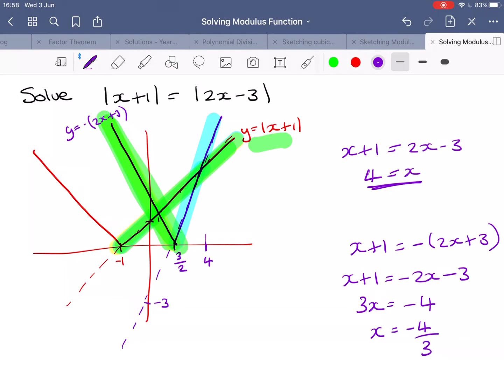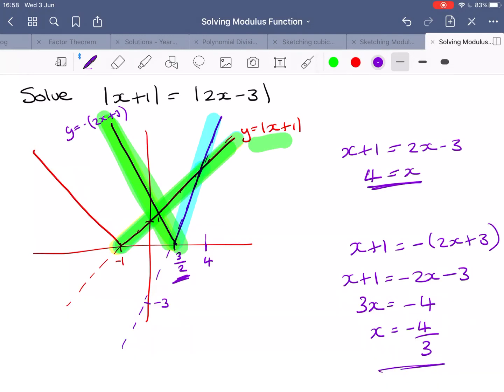Now my diagram probably hasn't got the gradients quite good enough there because it should suggest that it's on the negative side, okay? But when you're thinking about this, you only want to think about it relative to where it's touching this 3/2, where it's touching this x-axis, and it is further over, so that suggests that I was correct. Okay,